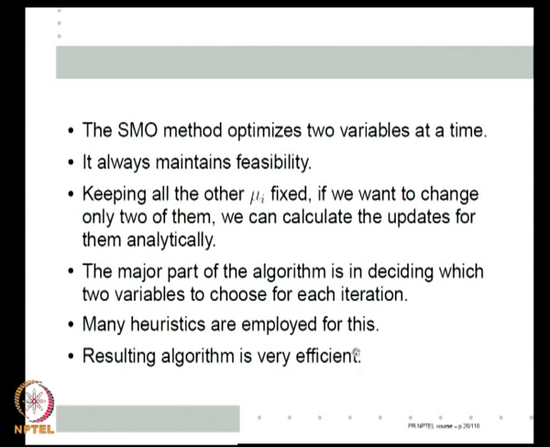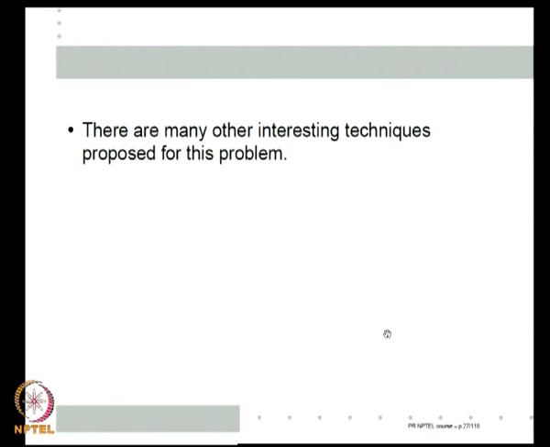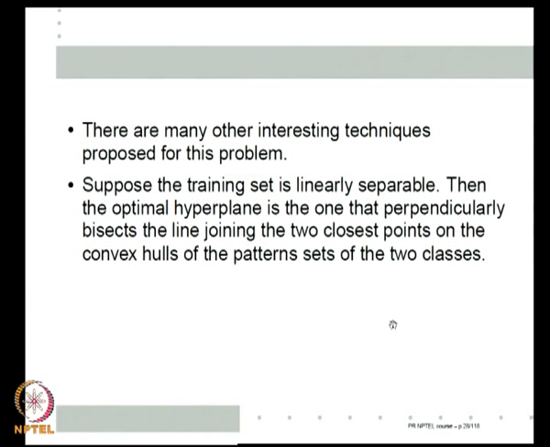Today there are many other recent additions to this, but possibly even today SMO is one of the simplest, in the sense of being conceptually simple and pedagogically simple to explain, one of the simplest algorithms that is still very efficient to solve SVM. Most of the freely available packages use either SMO or SVM Light for solving the SVM optimization problem. Because there are many other techniques. For example, here is another technique proposed, which is also quite efficient compared to SMO. It is just a little bit involved to actually give the details.